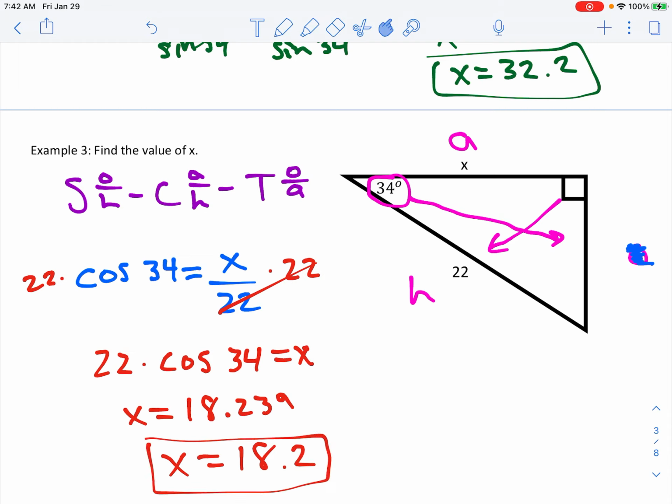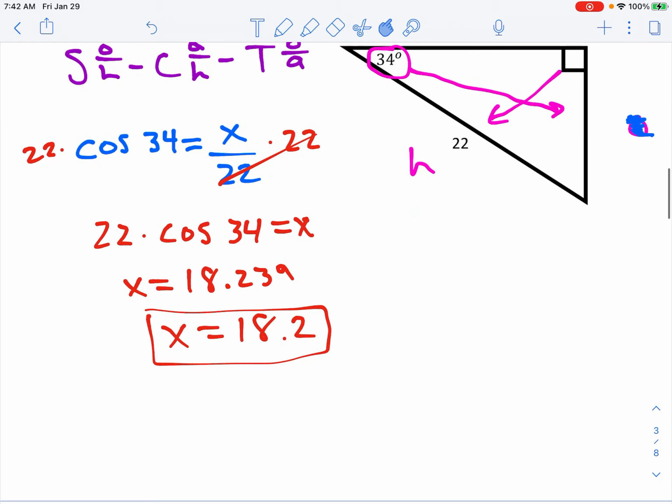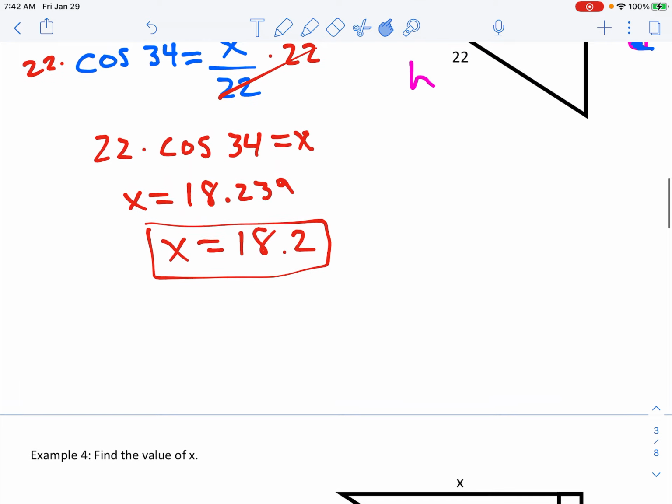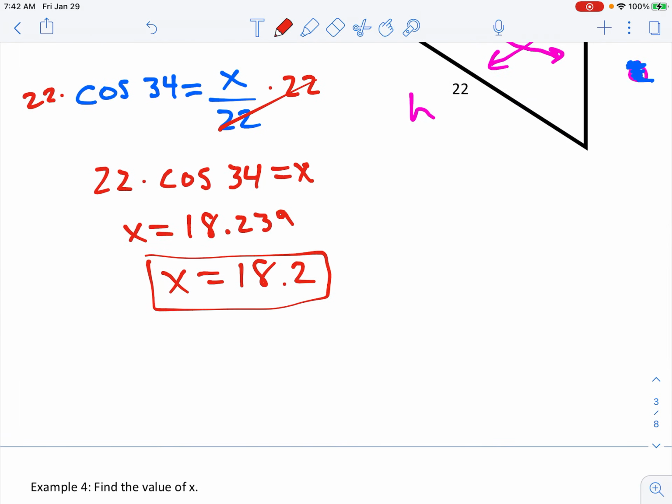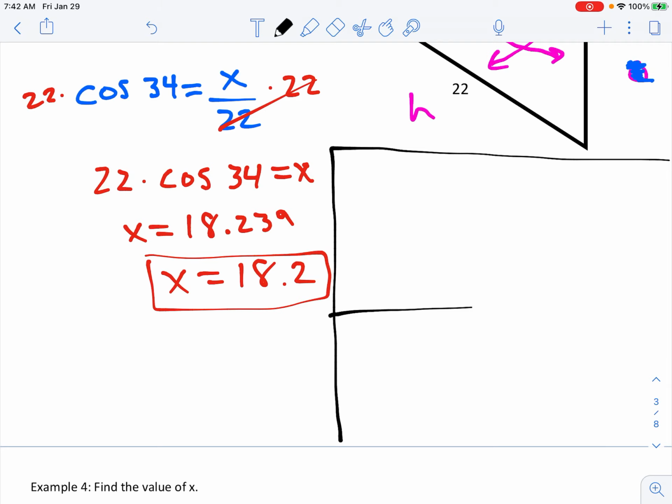All right, so label your sides and then choose your function based on the letters that are left. Now, you'll notice I'm going to draw a little line here, or a little box. You'll notice if you can remember how to do this, rather than having to solve and multiply, there's two cases. All right, case one